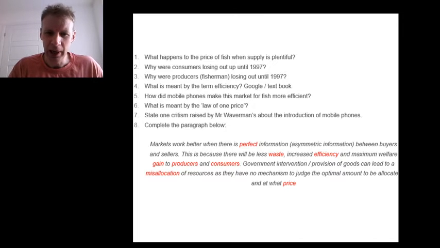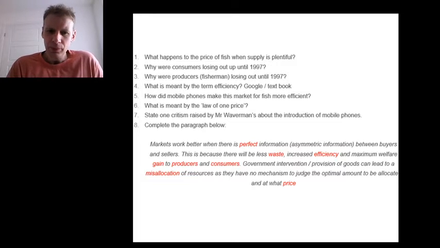So that is a really important little conclusion there to the article, and it's important that you understand that, and there are some key terms there like perfect information, and also the last sentence says if it wasn't the forces of supply and demand that were influencing where the fishermen were taking their fish to be sold, if the government said to the fishermen, right, you've got to take 500 fish to that market, 1,000 fish to that market, and actually at the other market we don't want any fish today, that could be one way of allocating resources, but there's no mechanism that the government are using to be able to allocate the optimal amount of fish and at the most efficient price.